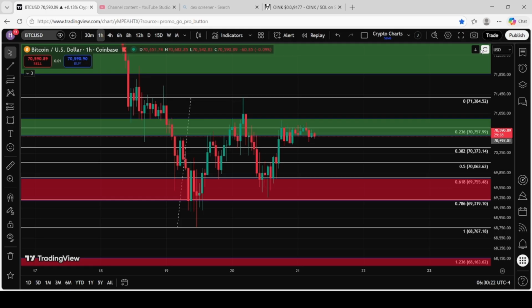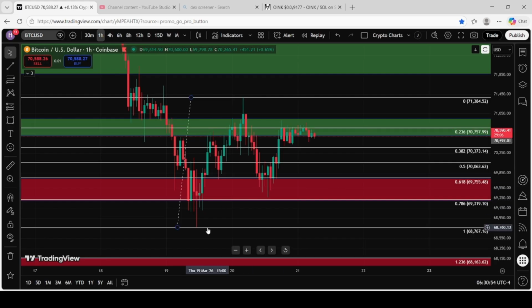I'm going to have a look at Bitcoin and the Oink chart for this weekend. Looking at the hourly chart for Bitcoin, see from the top of the current rally we had to the bottom of where we came down and bounced. I was looking for a pullback maybe into the 618, this red zone. So we did pull back in here. And then I said we'll bounce up to the green zone. So this is where I got the 618 from the top of this move to the bottom.